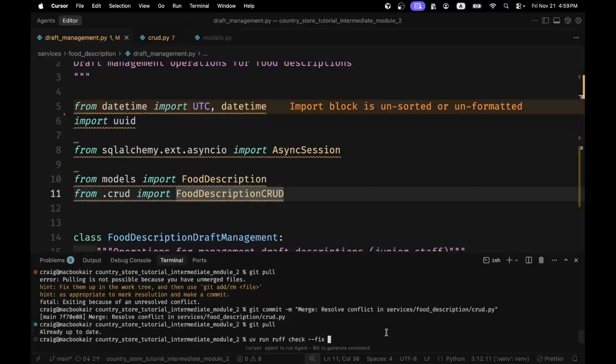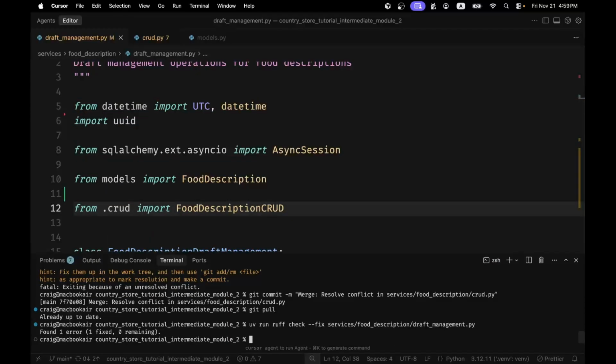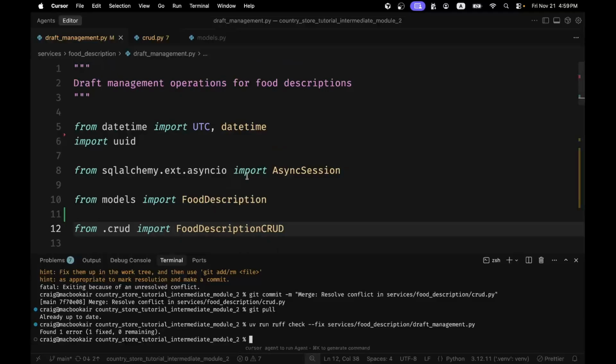And we got to get to that file where it's in services, food descriptions, draft_management.py. And it just resorted the import. So if you don't have Ruff installed, it's uv sync. I think it's all groups